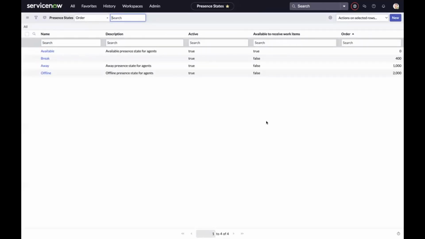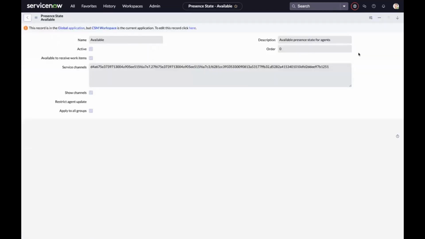Presence states are broadly categorized under two key areas: a state that helps you assign work, and a state that helps you not assign work. The former criteria is where available comes into the picture. The latter criteria is where break, away, offline, etc. come into the picture. You can have any number of presence states and also assign these presence states to the right agent